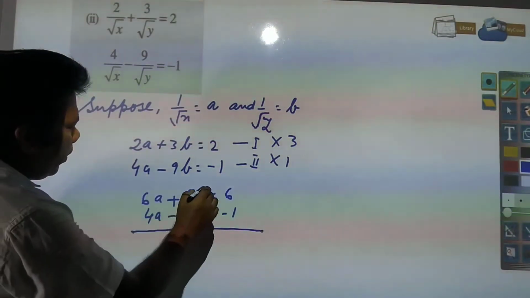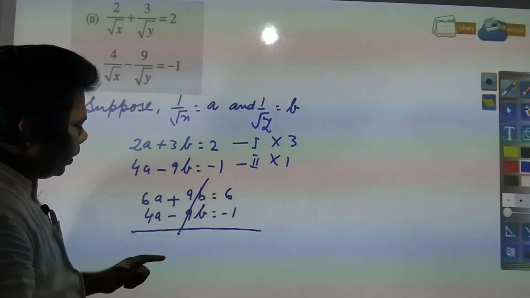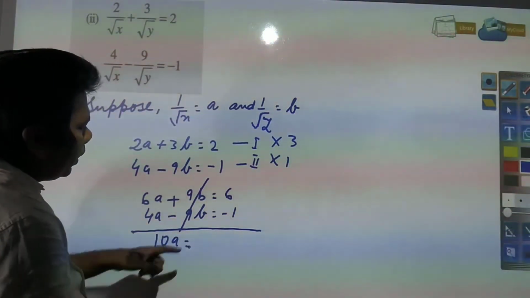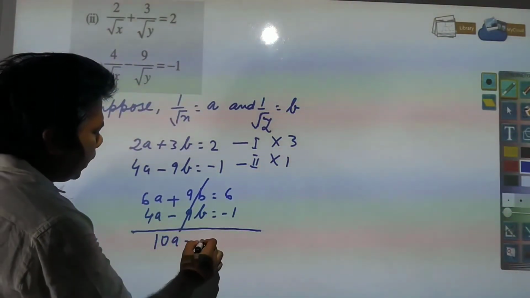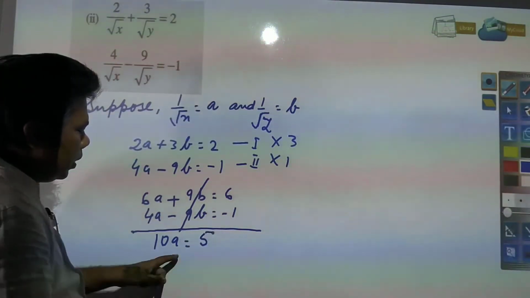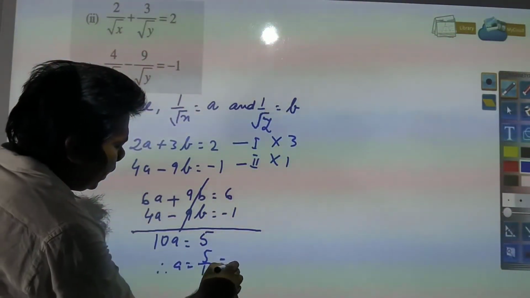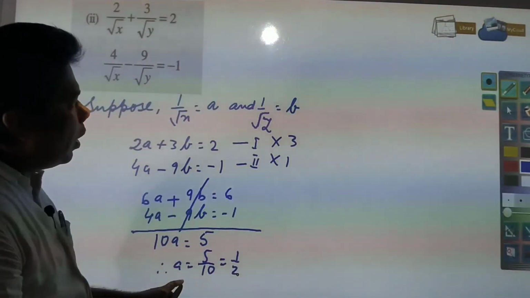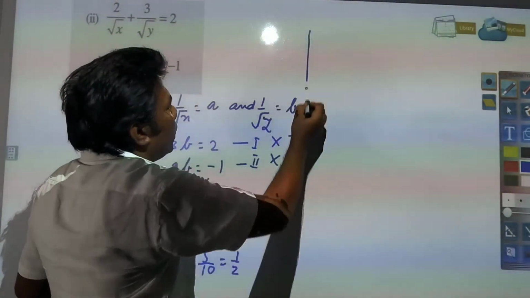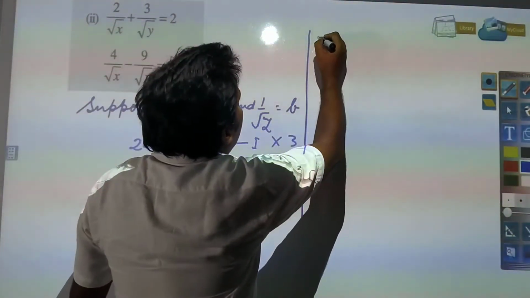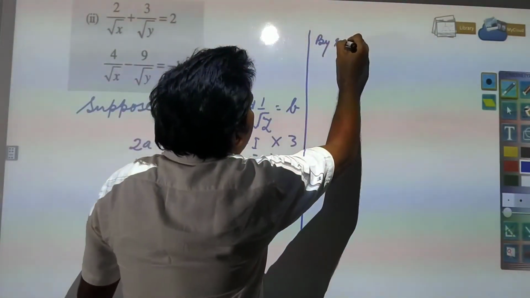Now here you have 9b and 9b will be equal, so that will be cancelled, and 10a will be equal to, here you will get 5, and therefore a will be equal to 5 by 10, it means 1 by 2. Now this value is required to be substituted. So by replacing